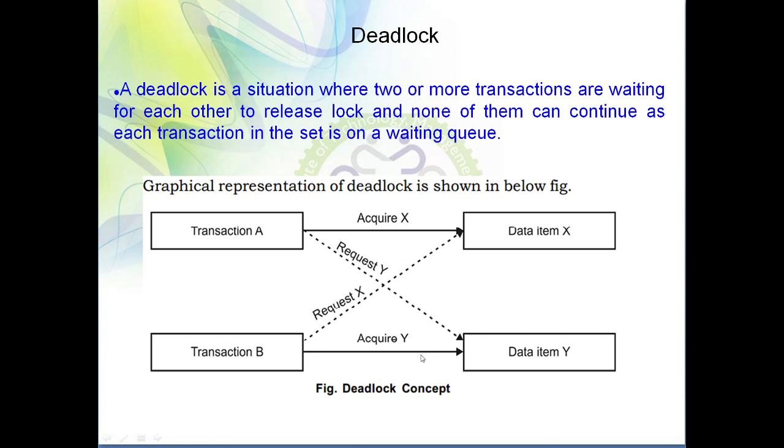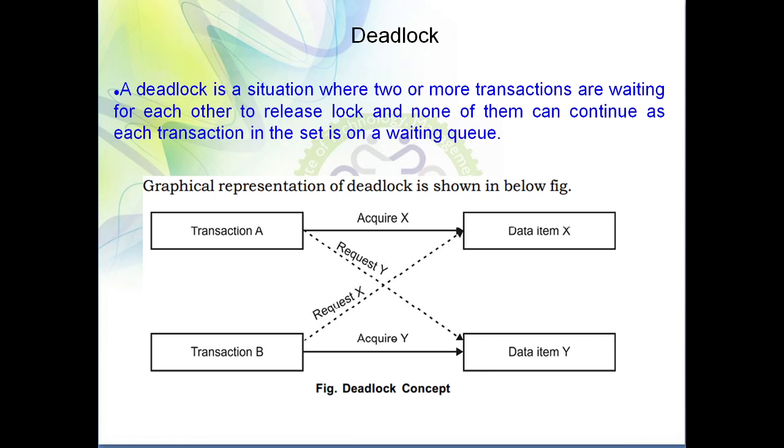Suppose in this diagram there are two transactions, transaction A and transaction B. In order to complete its execution, transaction A requires two resources, data item X and data item Y. Similarly, for transaction B to complete its execution it requires two data items, X and Y. Transaction A is holding data item X and transaction B is holding data item Y. So transaction B is waiting for A to release the resource X and transaction A is waiting for B to release the resource Y. In this way transactions A and B are both waiting for each other to release the resources and